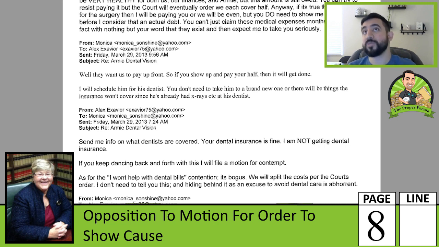This is the goal. This is one of the things that really frustrates me, because when it goes to court, they act like they're the victim because they're having to respond to all these motions. But they themselves actually want the motions to be filed, which is why they engage in conduct that triggers the filing of the motions. Again, guys, this is the stuff that judges who do not understand high conflict do not understand. Judges who do understand high conflict will pick up on this and they will take action.